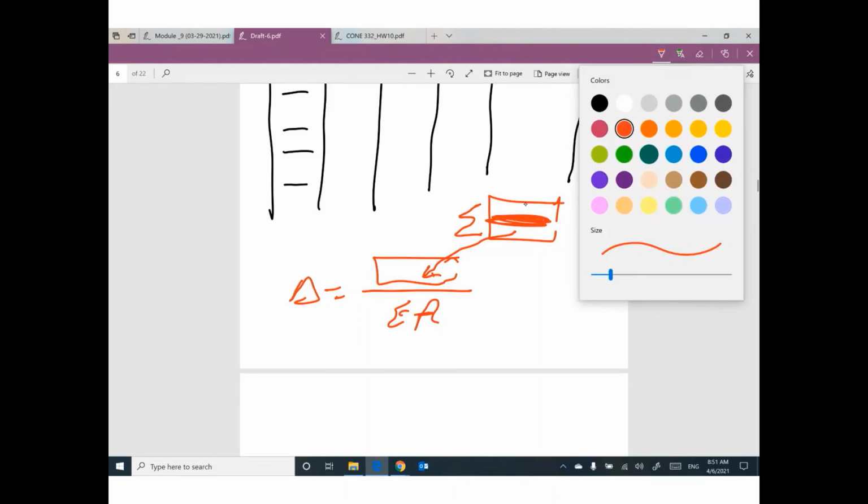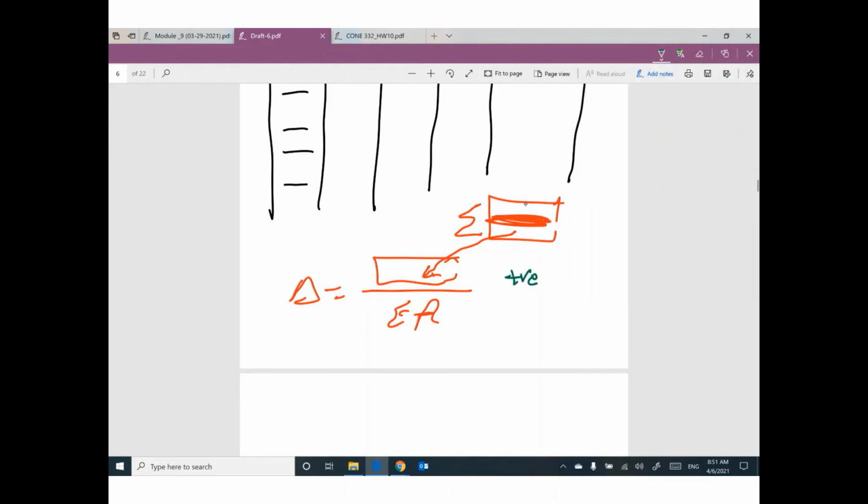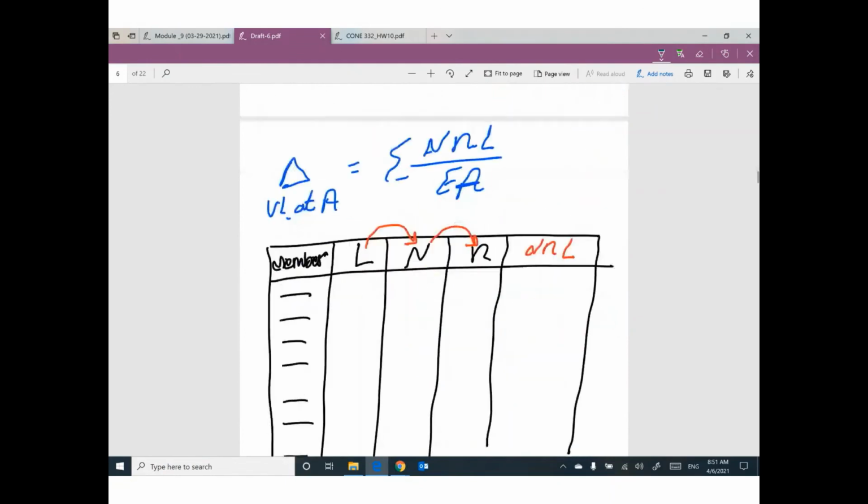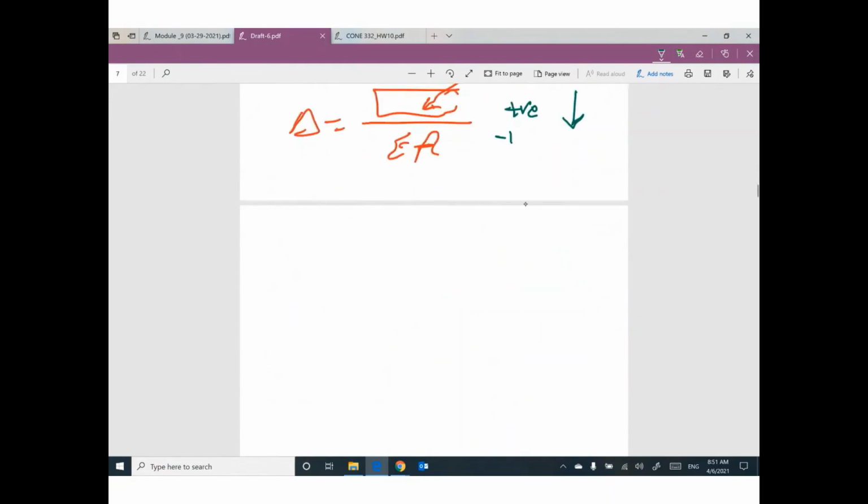If your value is positive, this point moved down, because I assumed the unit load moving down. If your value is negative, I'm sorry, your point moved